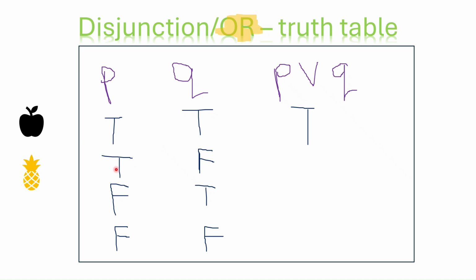So for example, on a good day, let's say you like apples, and let's say you also like pineapples, right? So you have an apple and a pineapple, but you don't dislike it. Okay, so let's say on Monday they offered you an apple, and on Tuesday they offered you a pineapple. What are you gonna do? Well, for these tables, it's always going to be true,